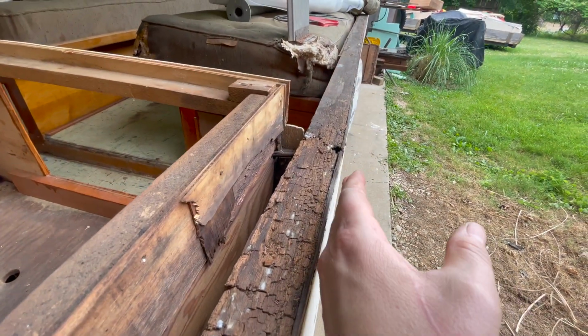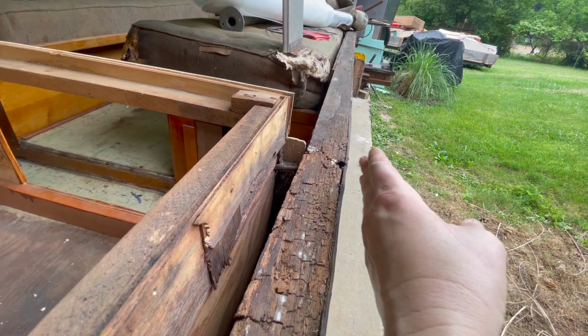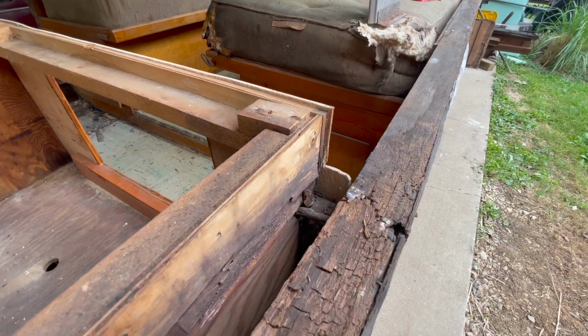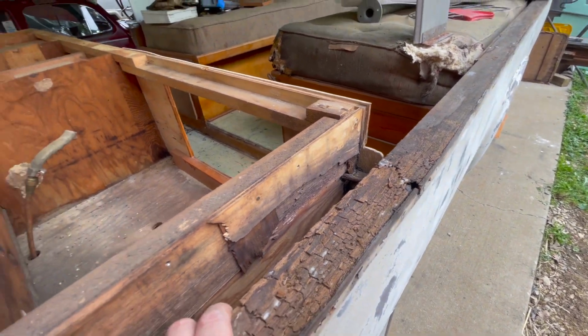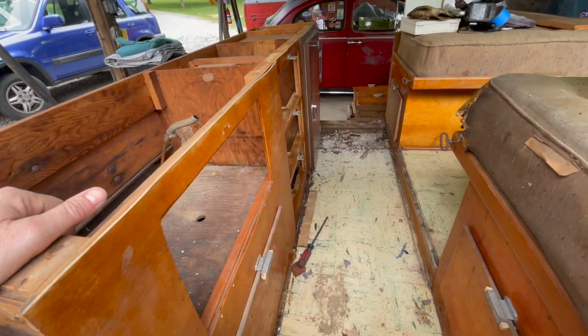And then this piece actually bows out. I don't know if you can see that in camera or not, but the fiberglass is actually cracked right here, because this bolt rusted and then just kind of expanded, and that piece is broken. So then it just kind of pushed out on the fiberglass. So I'm going to try to get this cabinet out of here today in the fridge, and we'll start ripping